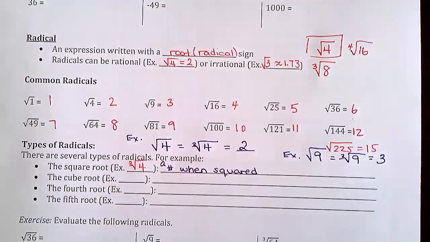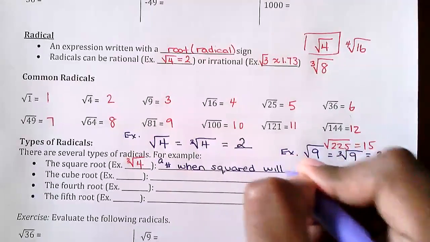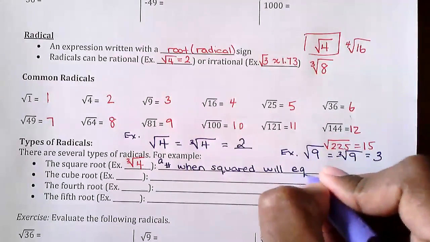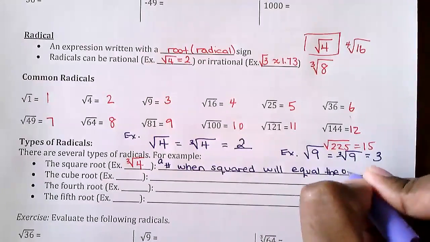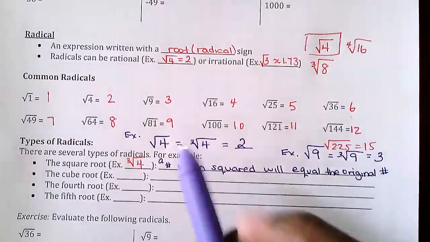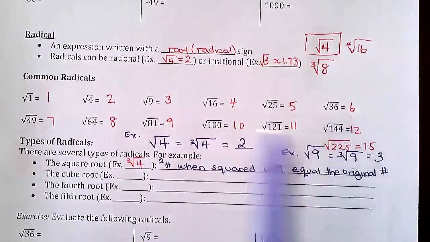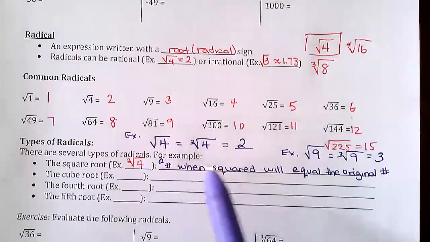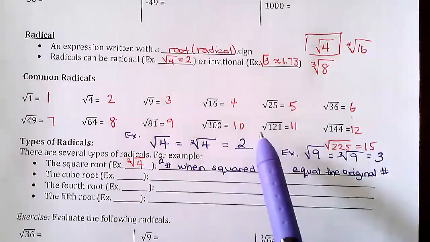So the square root is a number that when squared will equal the original number. Here, when I have the square root of 4, the original number is 4. So when I take 2, which is the square root, and square it, 2 to the power of 2, I